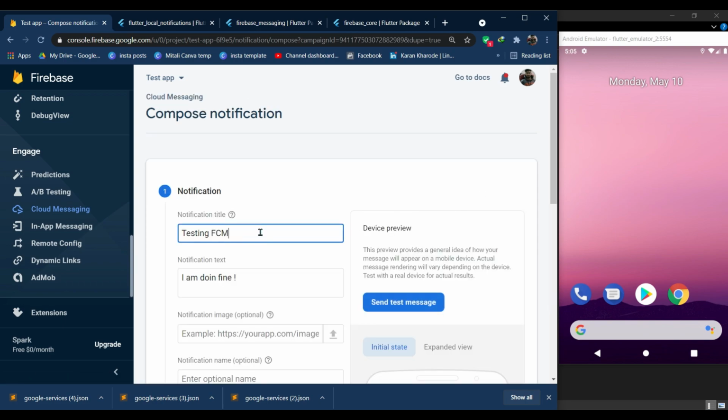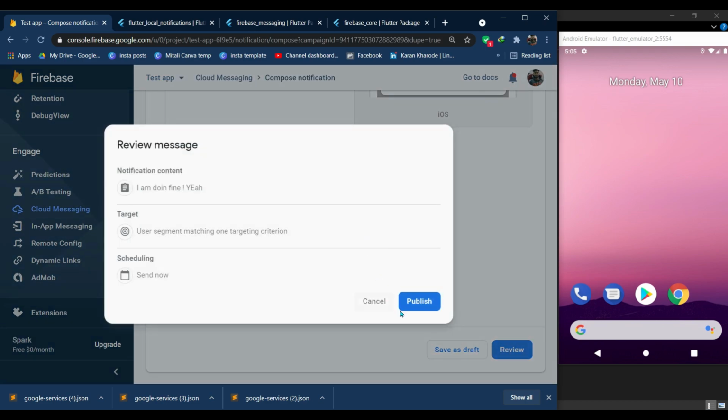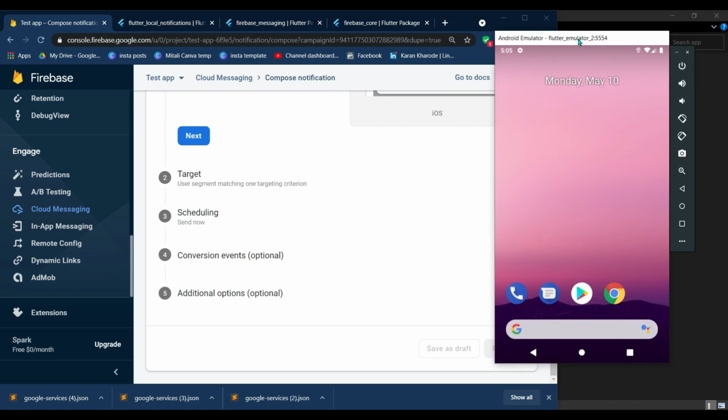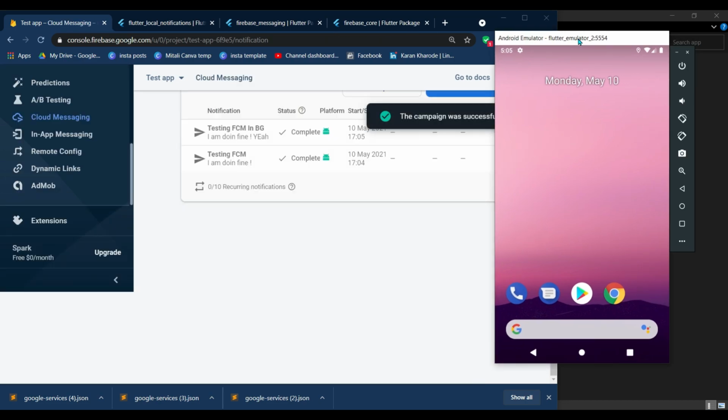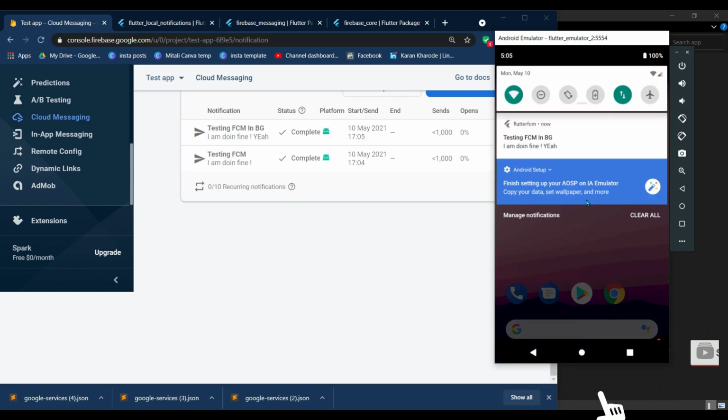And now we'll just send another notification when the app is in background, and then we'll try to click on the notification and see if the alert dialog comes or not. I'll just send the previous notification like the previous one, and we'll wait for the notification again because it is going to take some time, at least. Okay, the notification has arrived here. You can see. I'll just open it and I'll just click on it, and we'll see what happens here.